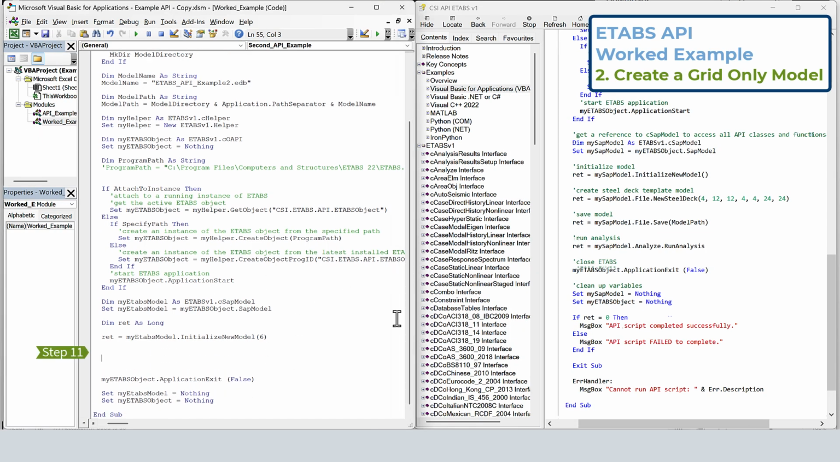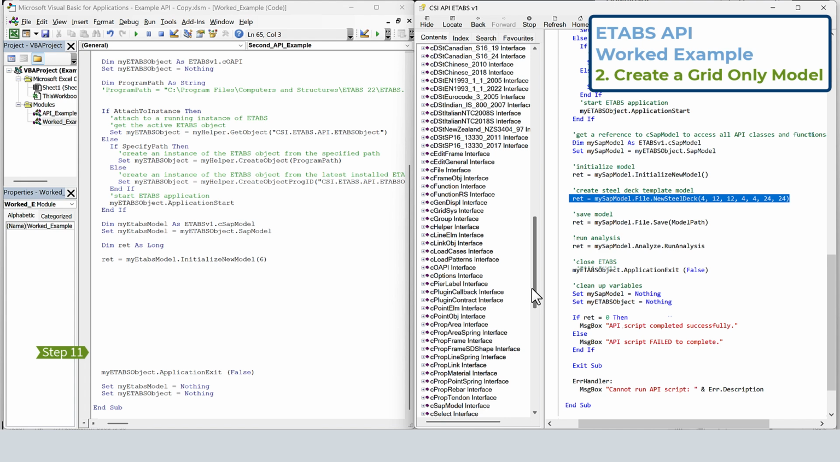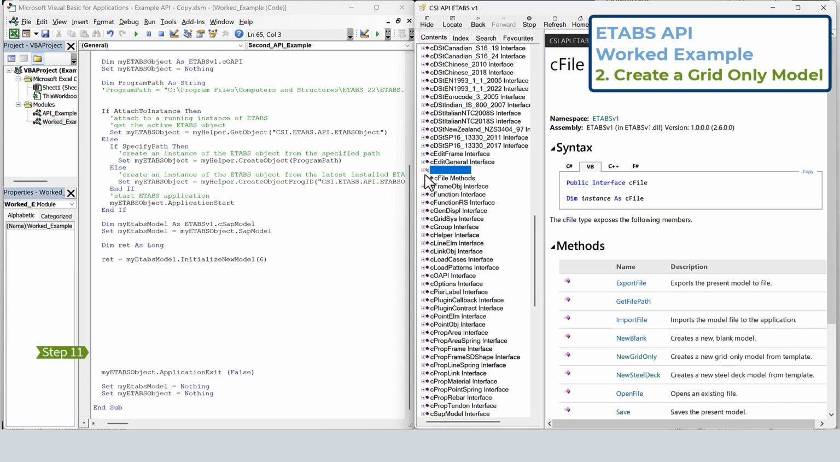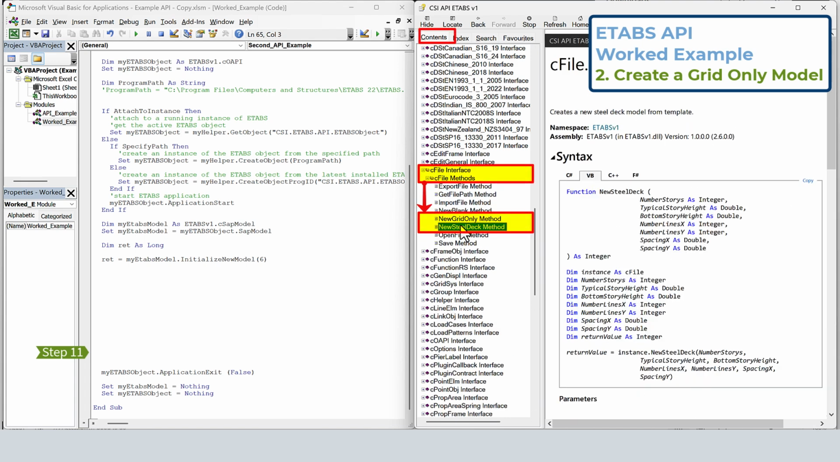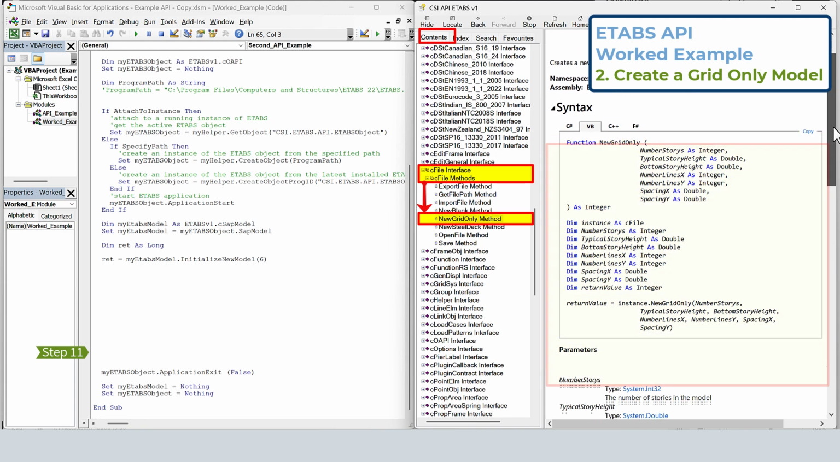For step 11, we'll create a new model, using the grid-only option. As a reminder, similarly to the NewSteelDeck function used on the documentation example, the new grid-only function of the API is embedded with the cFile class. The syntax of the function is very similar to the one of the SteelDeck template, to the extent that the